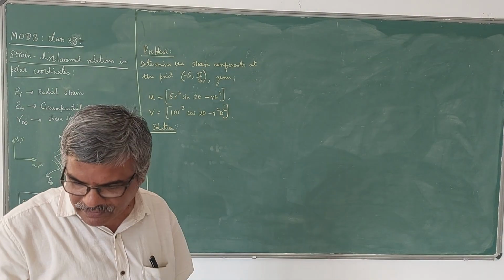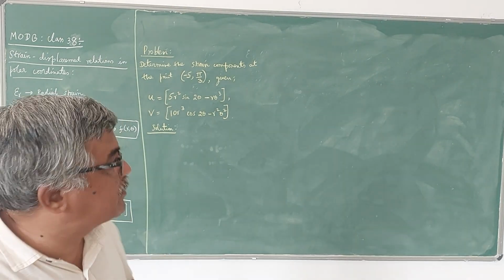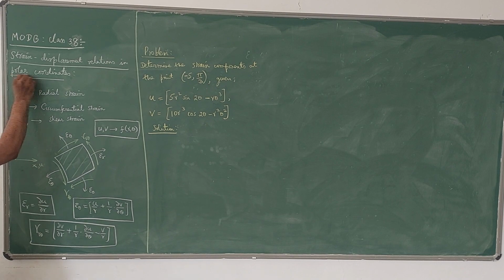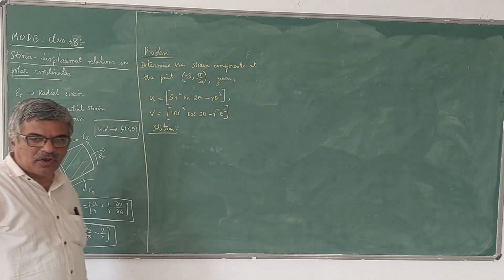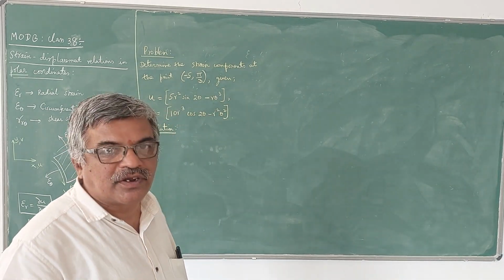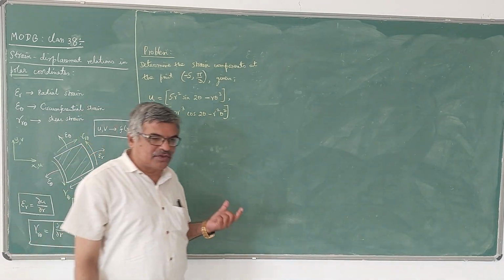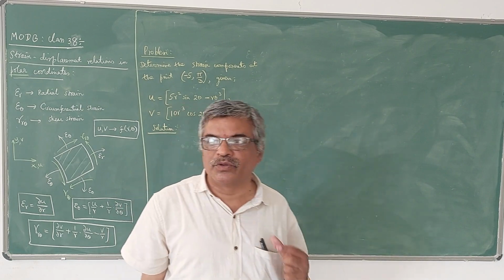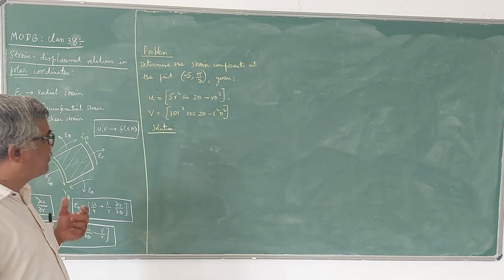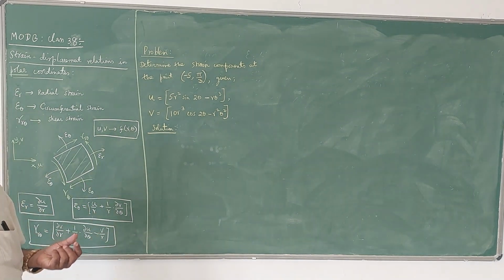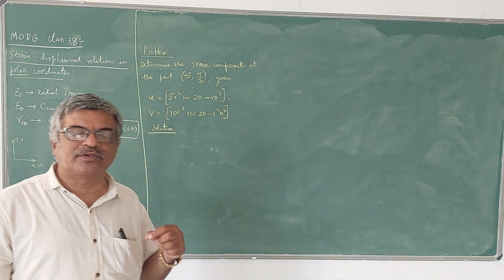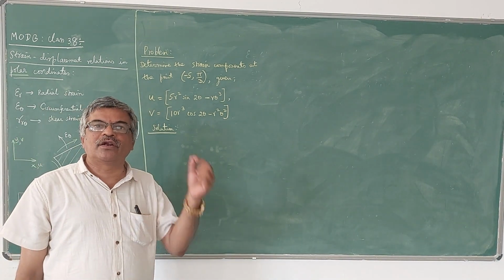So in this class, I will explain about the strain displacement relations in polar coordinates. You know that we have three types of coordinate systems: Cartesian coordinate system, where x, y, z are used; cylindrical coordinate system, where r, theta, z are used; and spherical coordinate system, where r, theta, phi are used. But in elasticity, normally we come across two-dimensional Cartesian, that is using x and y, three-dimensional Cartesian, x,